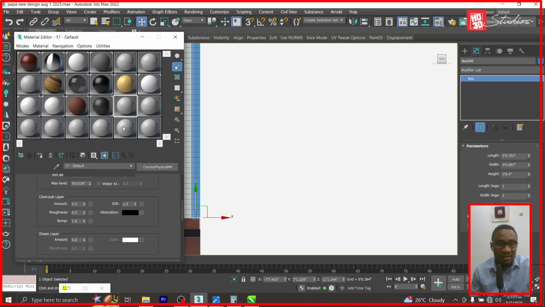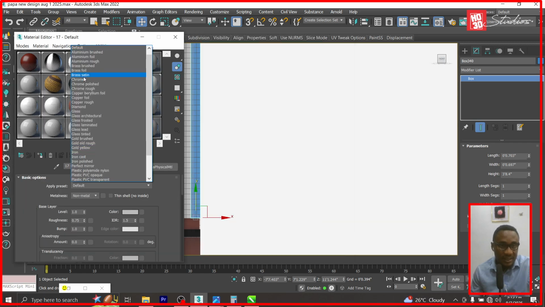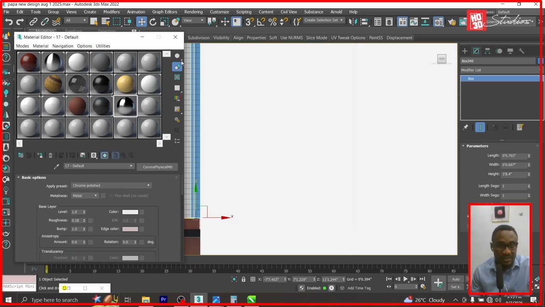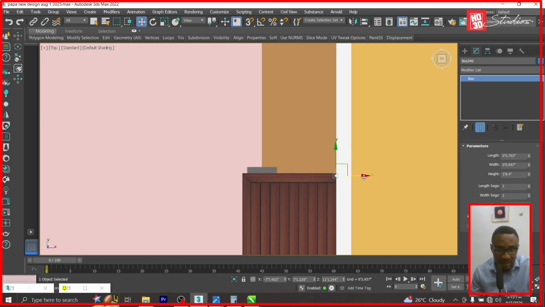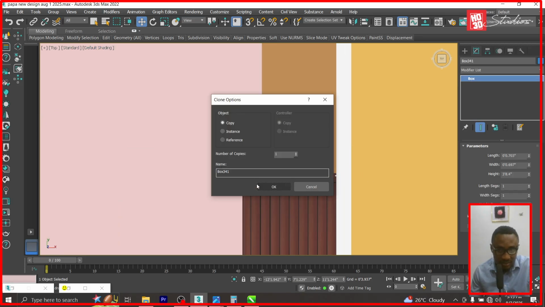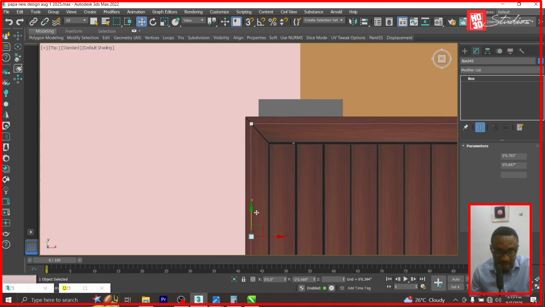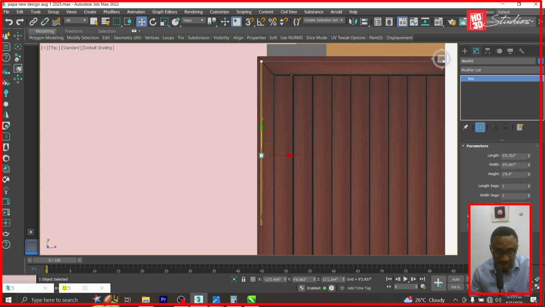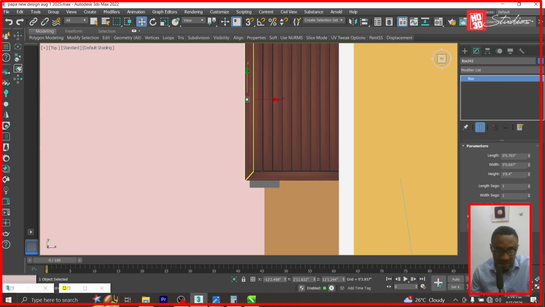Let's give it a color. Corona physical material. Come here. Say chrome polished. Yes. And assign to selection. So this should come here. It would be here, the joining of both. You can see it would be,